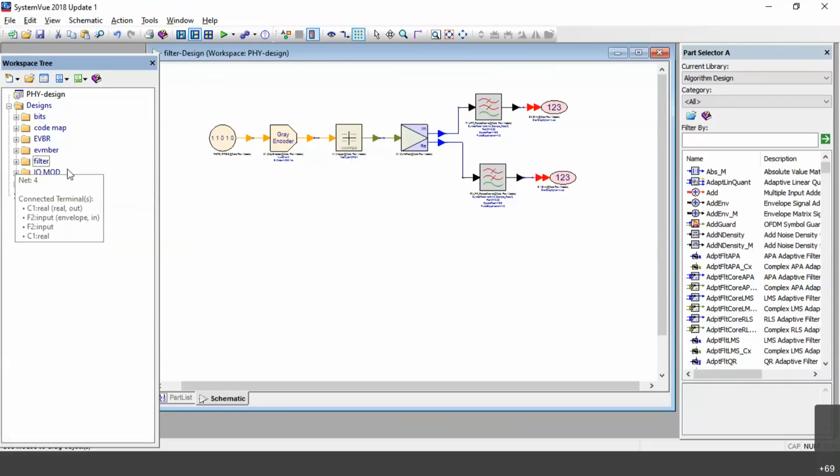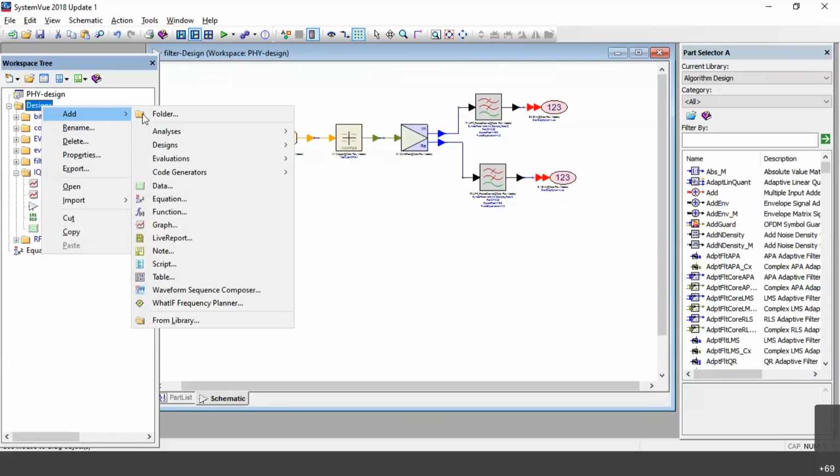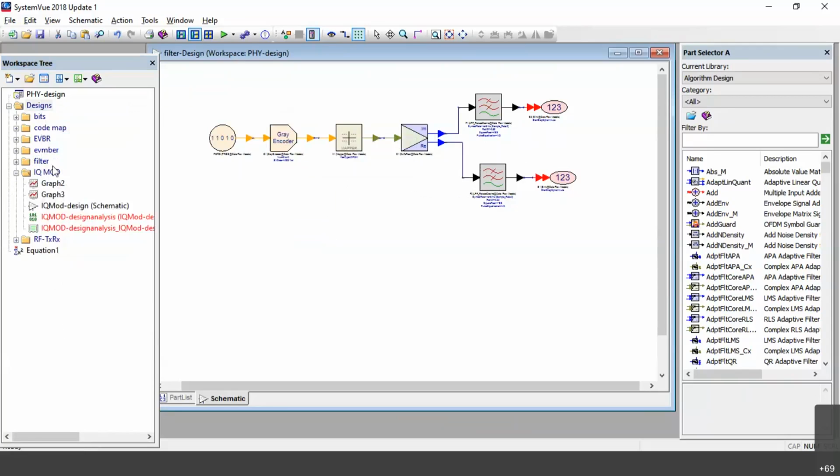Now I'll go with respect to the modulation technique, the IQ modulation technique. So again, go for design, right click, add, design, and then schematic. Name the schematic as IQ modulation design, that is IQ mod design.